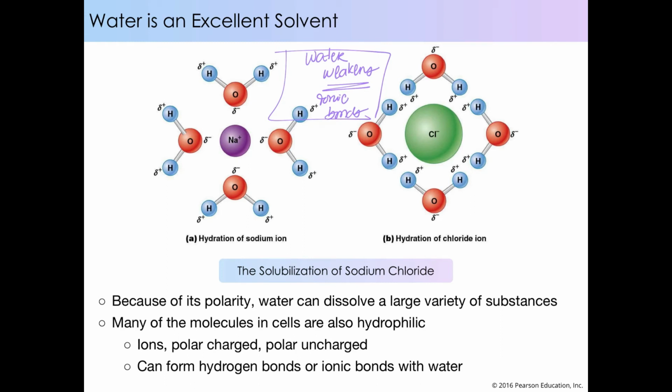If you put salt in room temperature water, the salt dissolves. And that's ultimately related to the polarity of water molecules. So the oxygens, which have a partial negative charge, interact with the cation, the sodium, and the hydrogens, which have a partial positive charge, interact with the anion, the chloride. So water molecules form spheres of hydration around each of the ions.